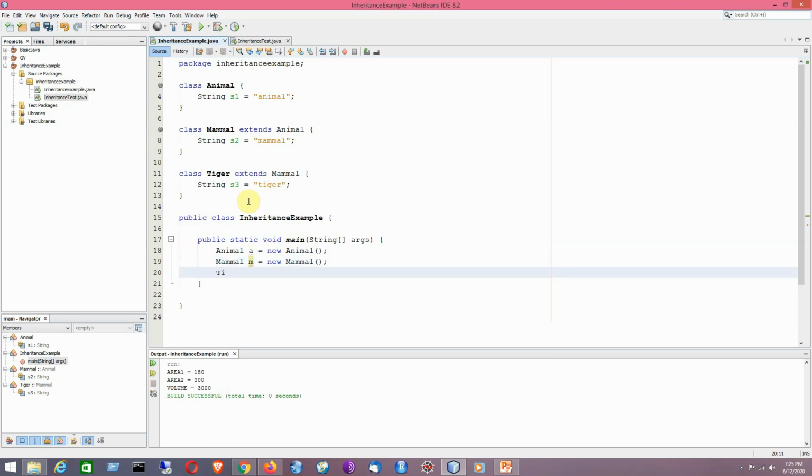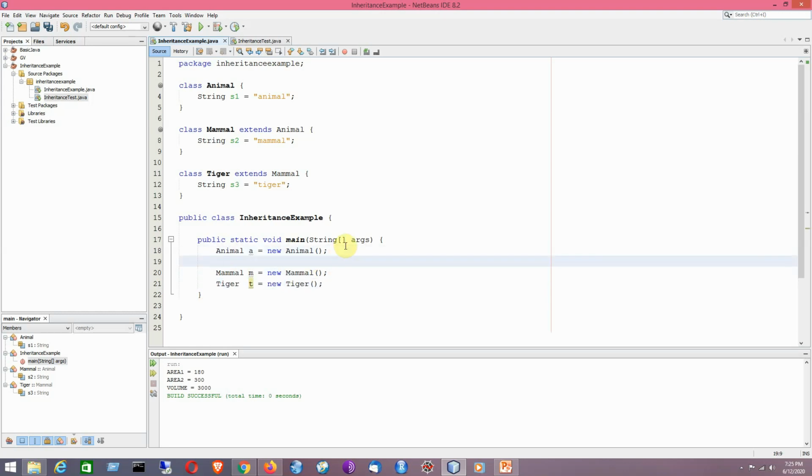So don't have to worry about it, because I have written here default no-argument constructor. So first I have created the objects. Now I'll be trying to access each of the fields of the classes that I have created.